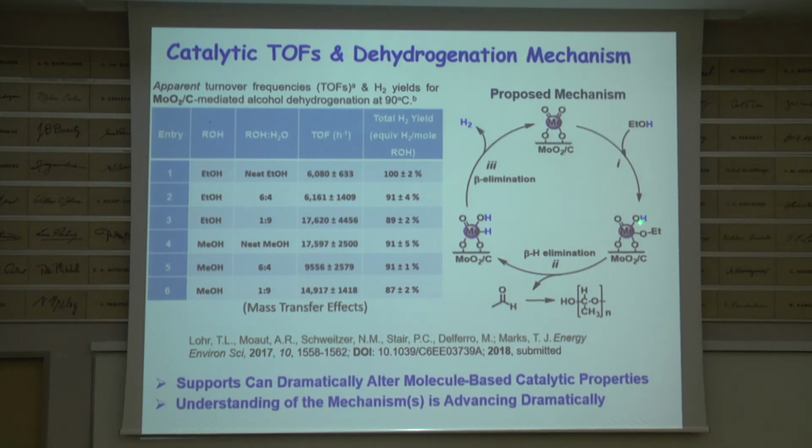Mechanism: addition of ethanol to make a hydroxy alkoxide. Beta hydride elimination gives you acetaldehyde. These hydroxy hydrides have been proposed in solution work that people have done, and that would eliminate hydrogen, and the cycle continues. And so I think part of the message is these weird supports, these non-classical supports. So activated carbon has carboxylic acid groups on it, hydroxyl groups. Those seem to be the key thing. We've got a ways to go to be where we finally ended up with the zirconium.